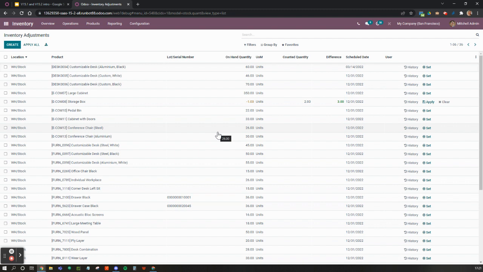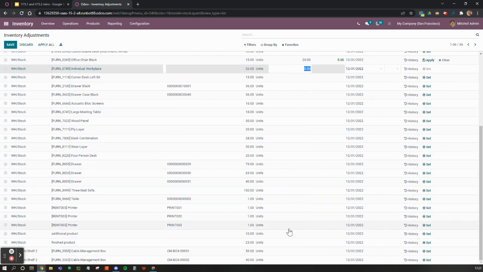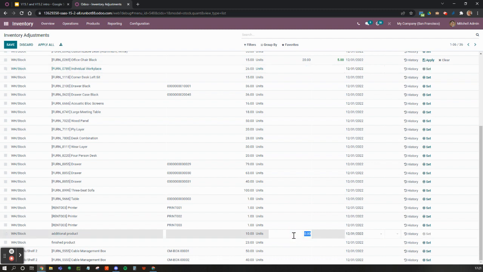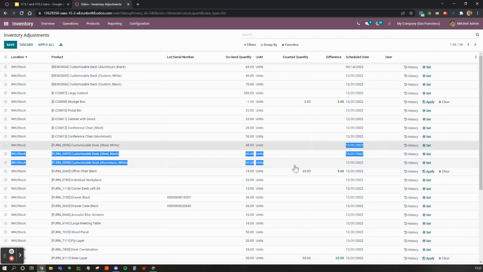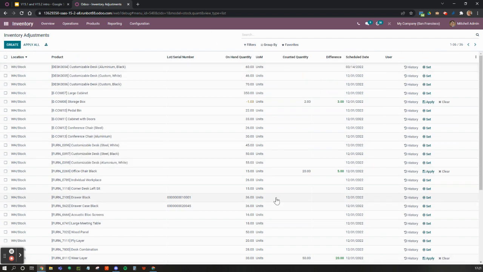All right, so this is about the inventory adjustment, and the other news of this one is the apply all button, which helps if we have counted multiple products. So, for example, here as well, maybe I counted 50, and I have scattered counted quantities which